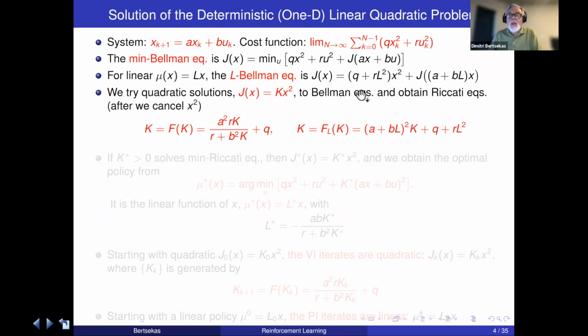If we do the same thing on the L Bellman equation for a given L, plug in this in here, then we're going to get a linear equation in K, which is this one here. The calculations are standard. You can do it. In fact, I think we also did it last time. So Bellman equations and the Riccati equations, which are restrictions to quadratic functions. And now, if we can find a solution to this equation,